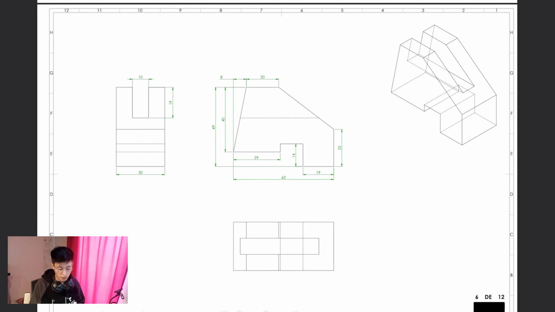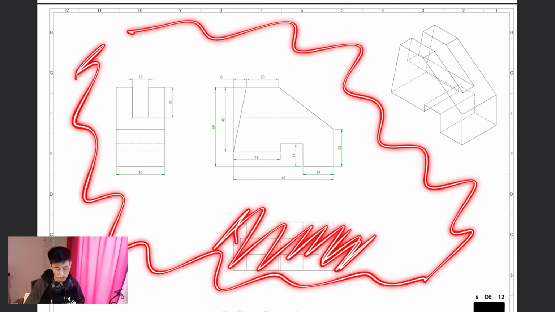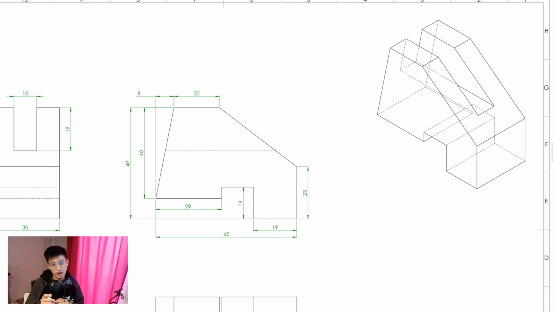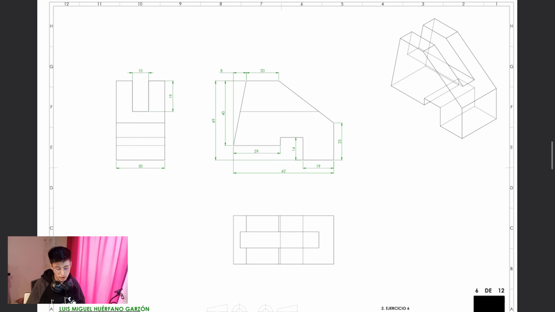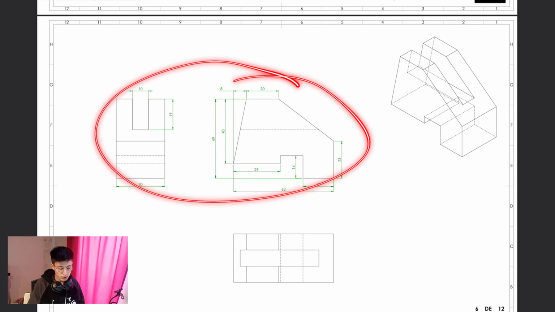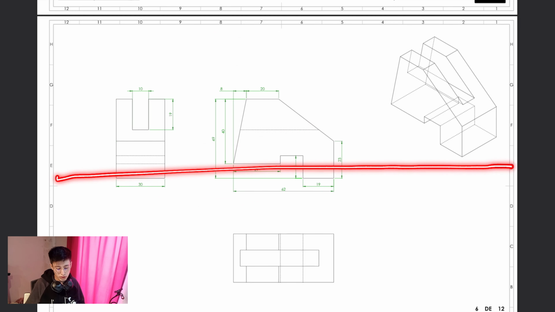Now, he could have eliminated this, and the next thing that I want to mention is the proportions. As you can see, we have plenty of space right here, if we didn't have this view, for us to place the isometric view, because as you can see, it is right at the corner. It is not well proportioned, the engineering draw. For example, if you're going to use more parts, you could have moved these two views right here, divide the engineering draw in half,